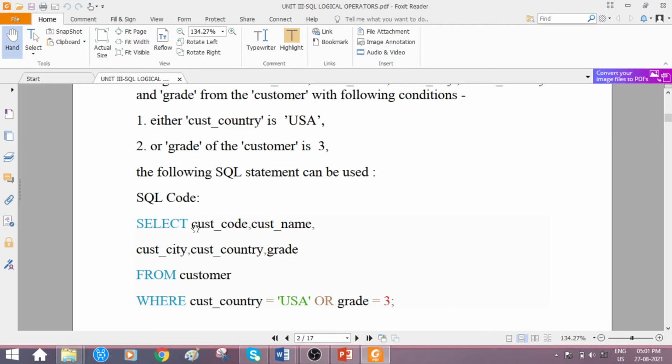To display the information, we go for the select operation. Then of course you should mention what has to be displayed following that select, which attribute values, and you have to mention from which table. So the from keyword followed by the table name. Then the condition, the logical OR condition you should attach. For that, which keyword has to be used? The where keyword has to be used. Hope you are following this.